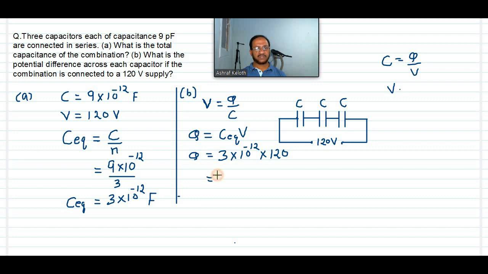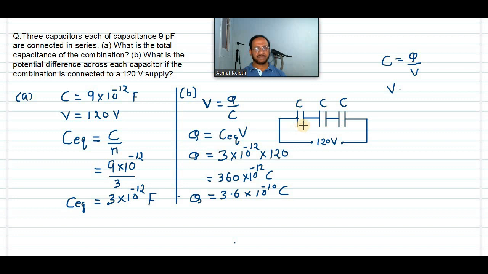That is equal to 360 into 10 raised to minus 12 coulomb, or we can write 3.6 into 10 raised to minus 10 coulomb. This will be the total charge on this complete combination, all the three capacitors together, and also